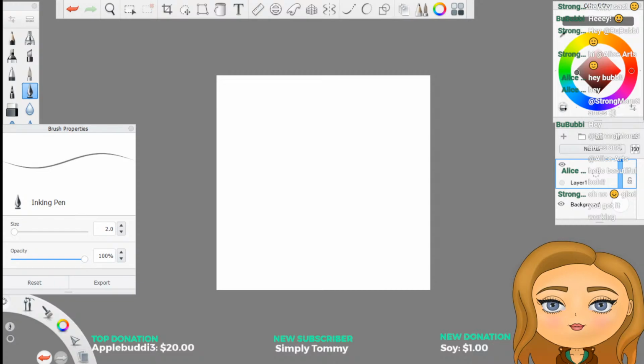Usually I come to you guys with basically a fully formed idea, and I do the outlining and rendering rather than the sketch. But today we're starting from scratch.